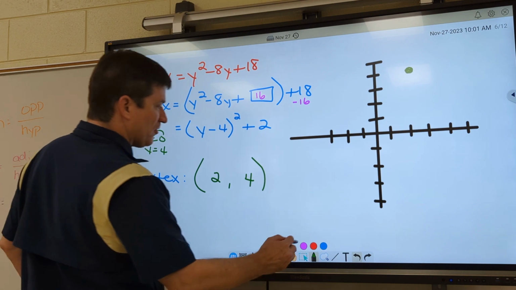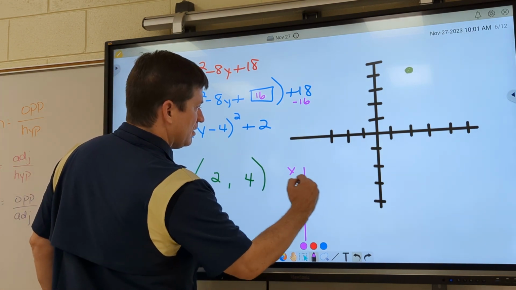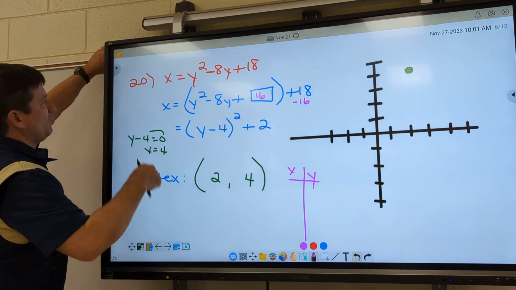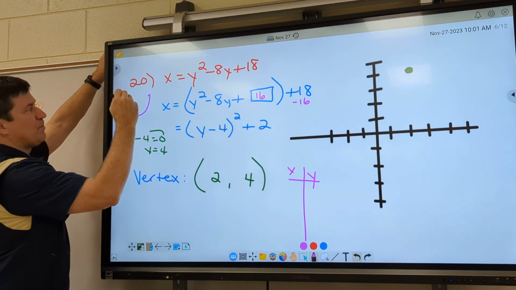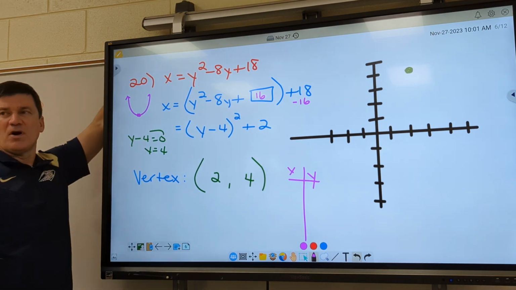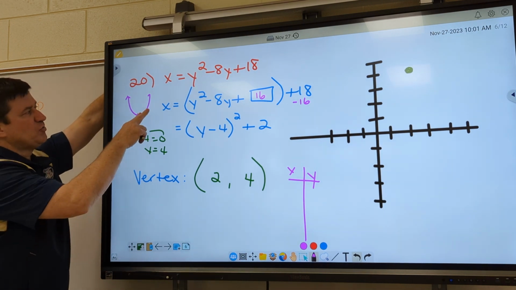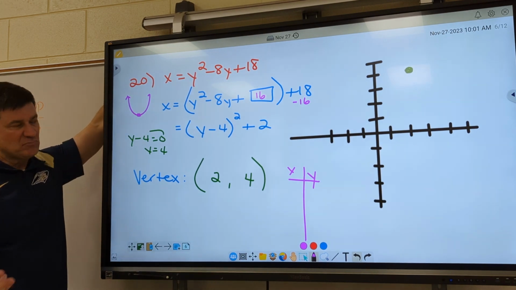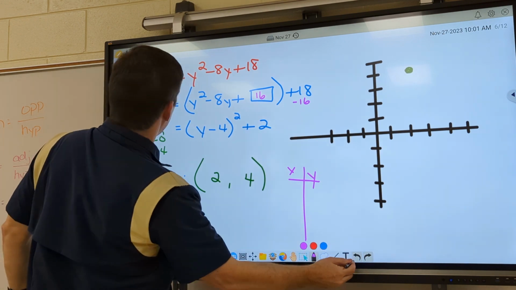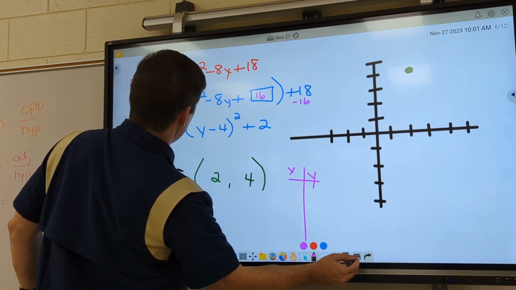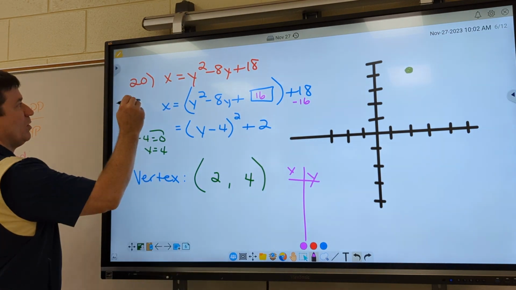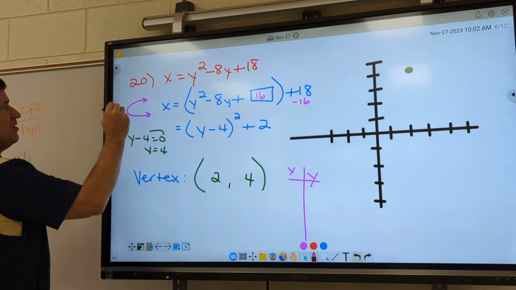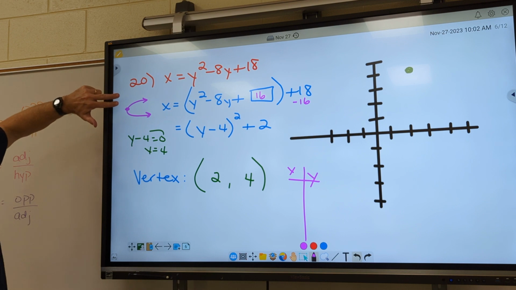All right, now for the other change. Look, when we graphed it the old way, everybody's watching, you got a parabola going up and down. How did we pick the 4 numbers that we had to plug in? 2 on the right, 2 on the left, right? Okay. Well, it no longer looks like that. So it's 2 up and 2 down? There you go. So when it looks like this, and here's your vertex, you got to plug in 2 numbers